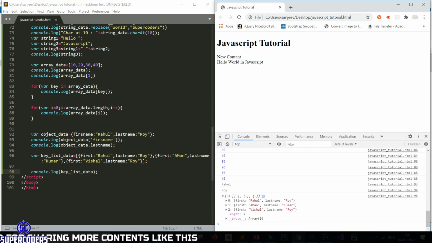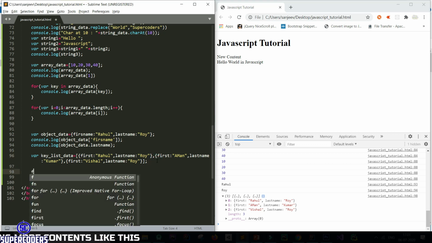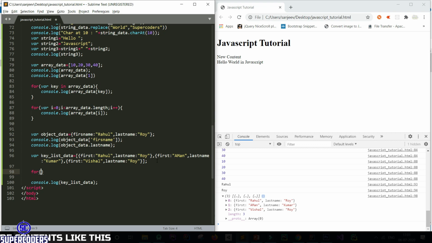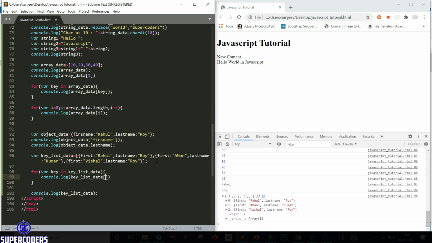You can access all this data using a for loop. Let's access using a for loop. So for key in key list data. Now let's print the value: console.log key list data, then passing the key name, which is our index.